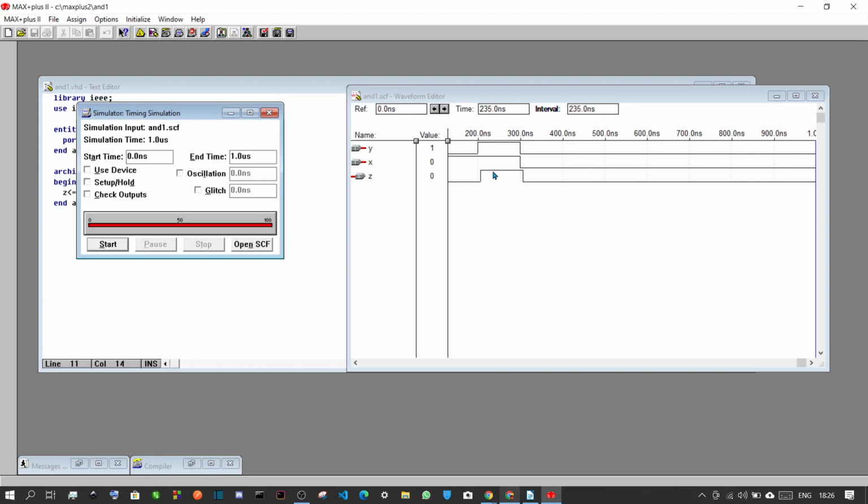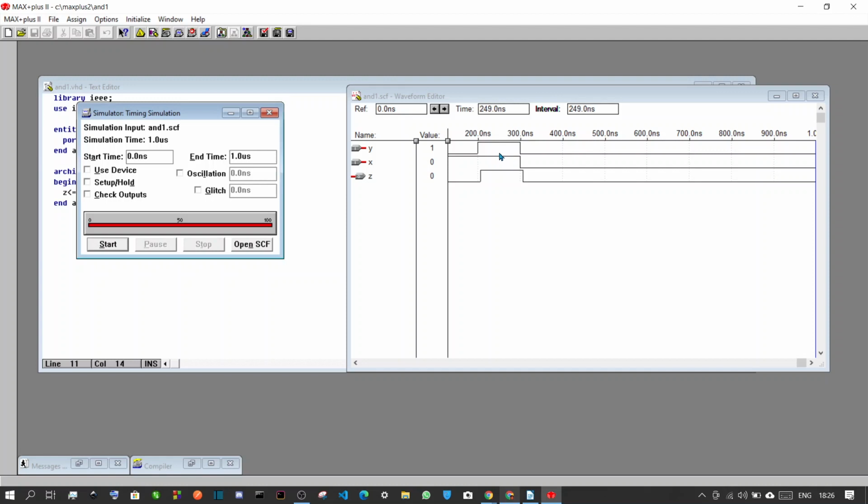Since this is the AND gate, it requires both inputs to be 1, right? If both inputs are 1, then we get the output as 1. Otherwise, here you can see when Y is 0 and X is 1, this line, the output is 0. So this is the AND gate.